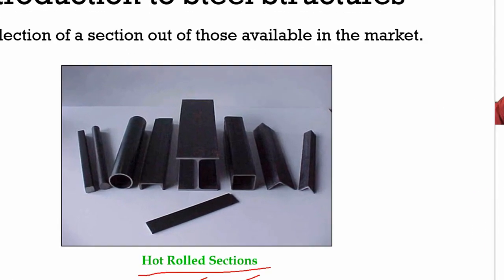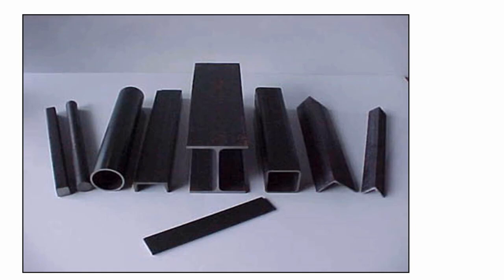So as you can see in the figure, there are various sizes and shapes available. The first one being a square or rectangular solid section, the second being circular solid section, the third being a hollow tube section. This one here is channel section. Clear? Now we will be going through the technicalities or technical terms.